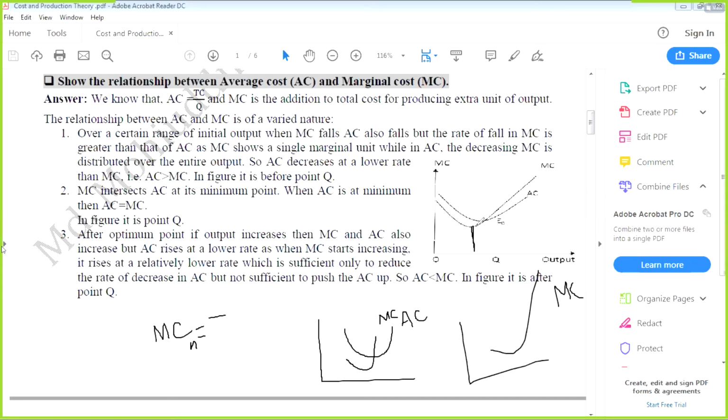Now you think, if this is the ground floor, because this is the minimum point. It is not the ground floor. It is the first floor. Then tell which one will fall quickly. From the first floor. First floor is which one? AC. Okay, average cost. I got it. Okay, sir. It's all clear now. So, this is very tough.